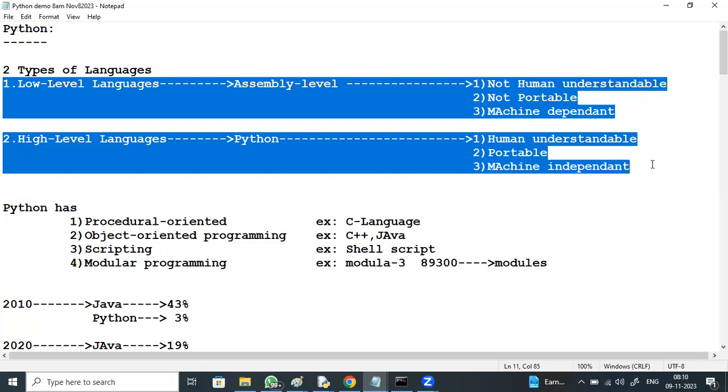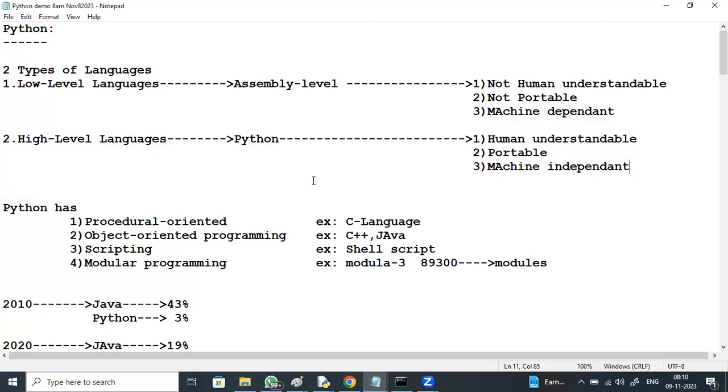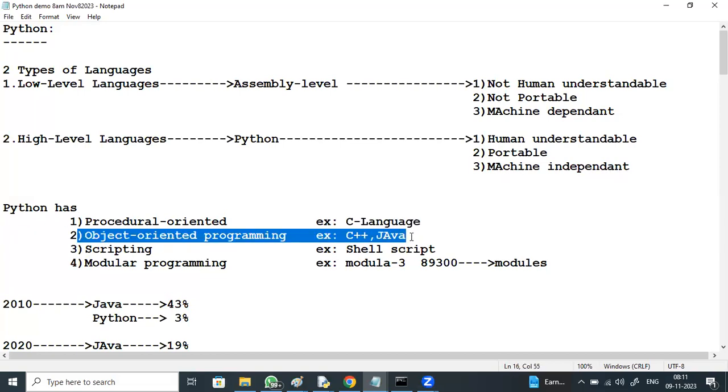Two types of languages, low level and high level. Python comes as high level. Next, Python has got multi-programming features. What all the programming features we see in different other programming languages, all those features we see in Python. So Python has got procedural-oriented programming features like C language. It has got object-oriented programming features like C++ and Java.